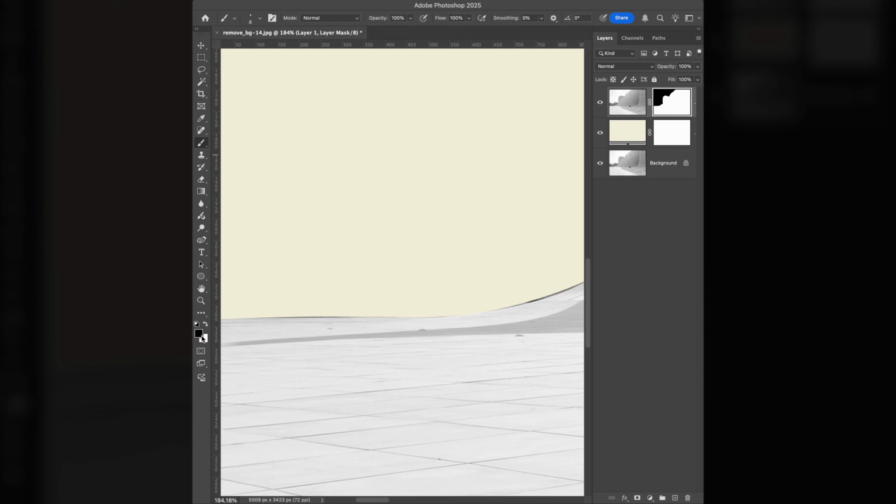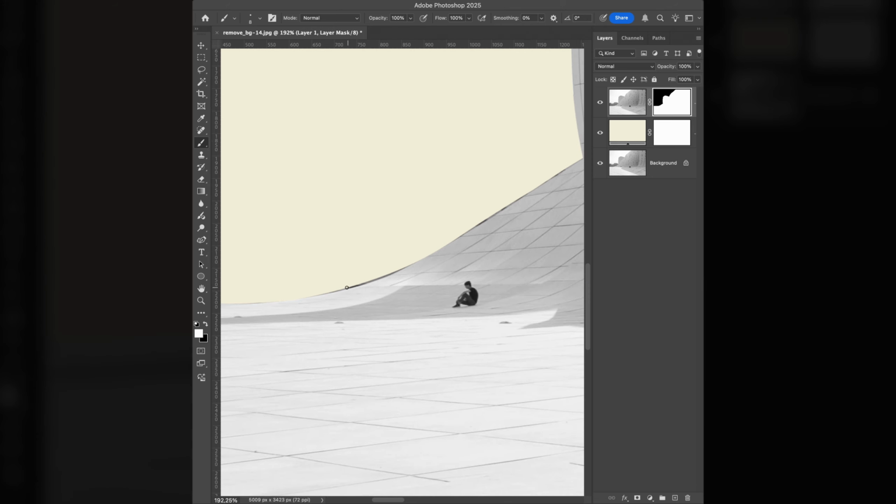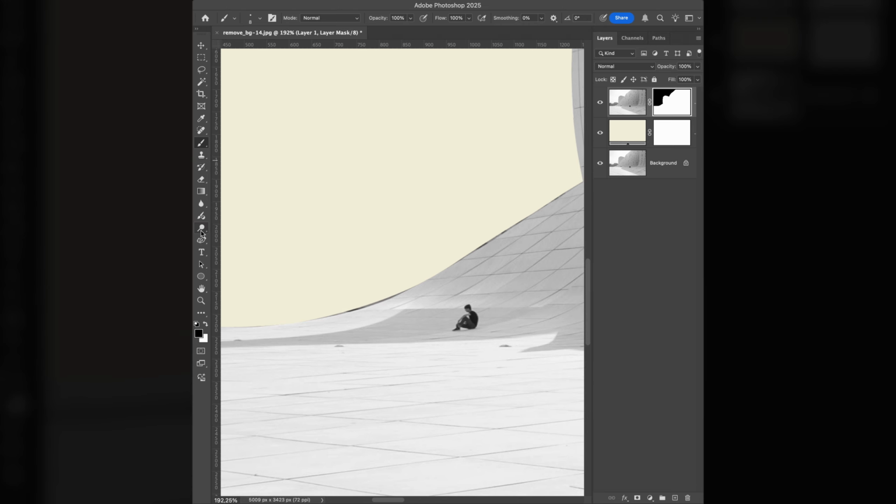So now if you want to correct these small imperfections, you go to mask here, you choose the brush, you choose black if you want to remove things, you choose white, click X, you choose white if you want to add things. But yeah, you can further work on some small imperfections you don't like, or even just use Pen tool again